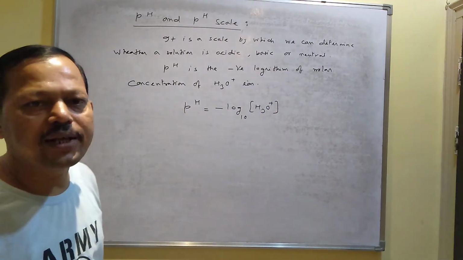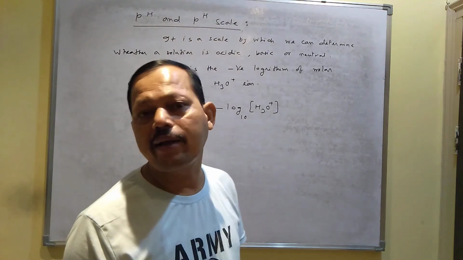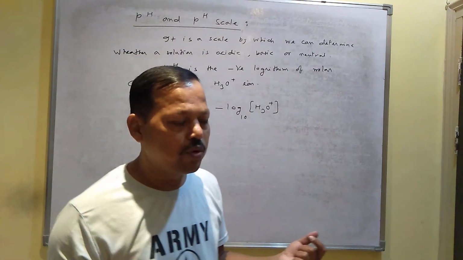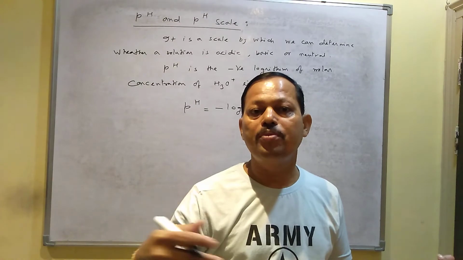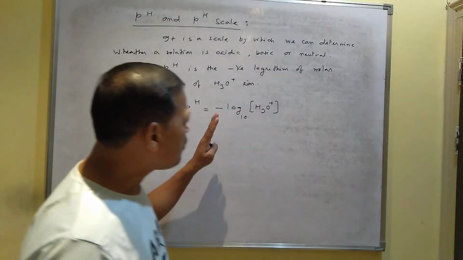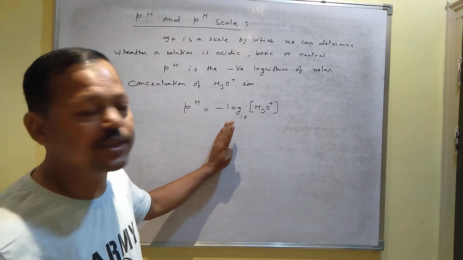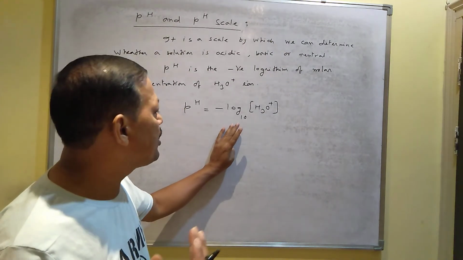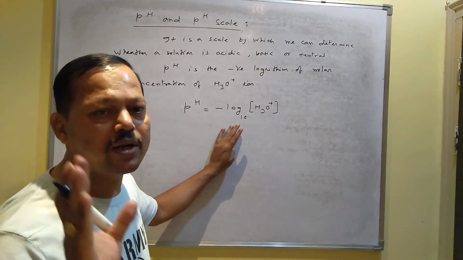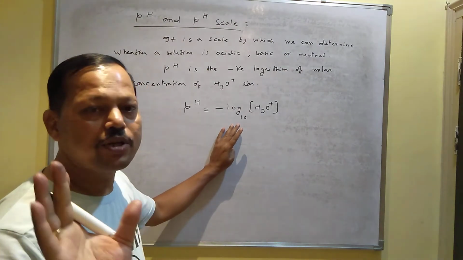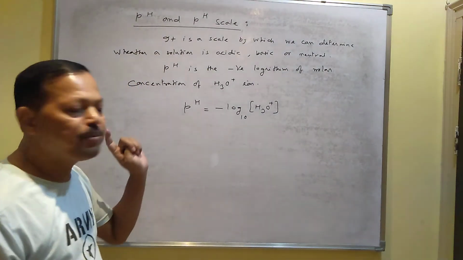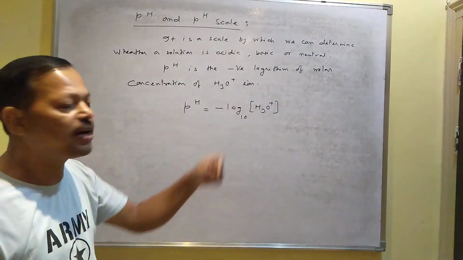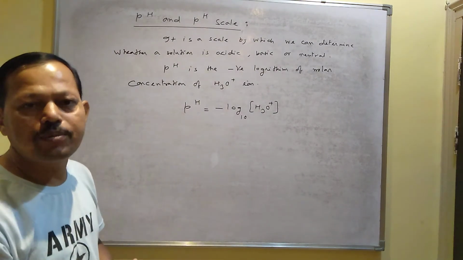So before doing the numerical of pH, you should know how to check the log table. In your book, the log table is available, and in the exam also, if you want the log table, then it will be supplied to you. First you should know how to check the log table. If you don't know, then you can ask your maths teacher. They will teach you how to check the log table. There are two tables, one is called the log table, one is called the anti-log table. Both tables you have to know how to check. To determine the pH of a solution, you should know about the log table. Then you can find out the log value, and then you can find out the pH value.